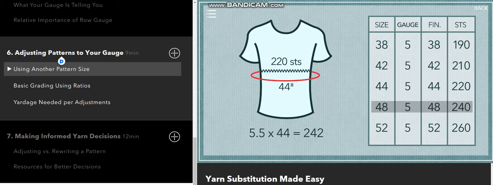That's very close to 242. And so if you made the size 48 with your smaller yarn at 5.5 stitches per inch, then if we divide 240 by 5.5, you'd end up with a 43.6 inch sweater,